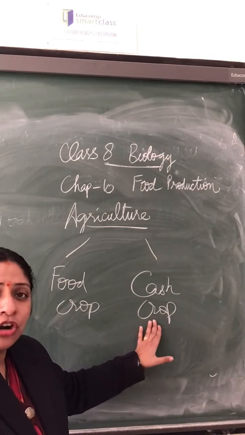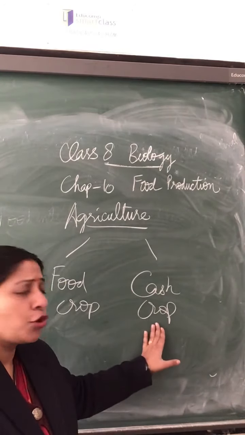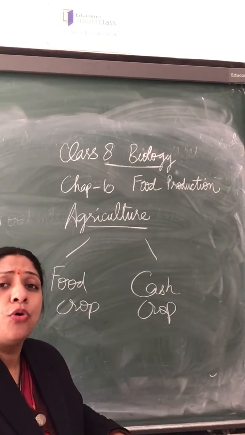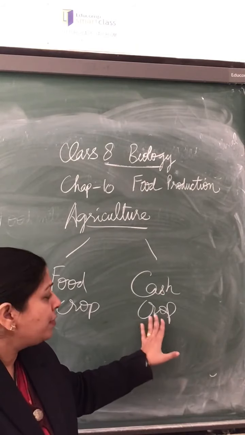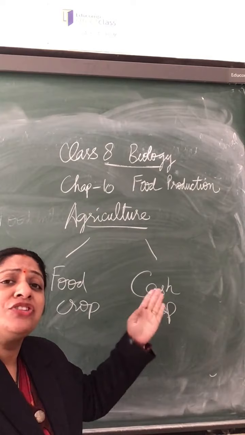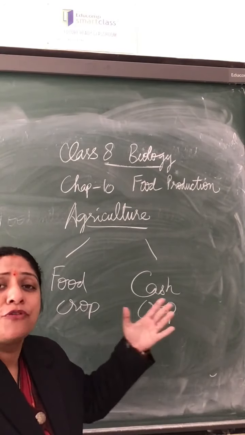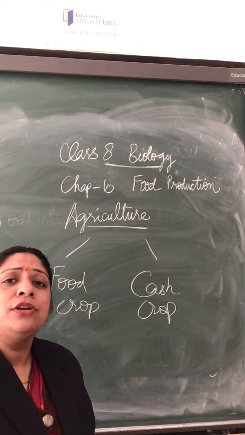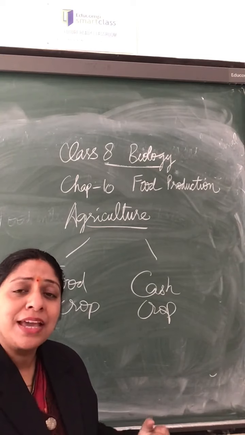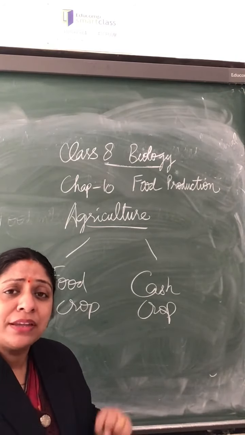Whereas for cash crops, the word cash means money, and therefore these are crops which the farmer grows but not for his own direct use. He sells them to industries, and these industries change them into something useful. That is called a cash crop. For example, sugarcane. We all know that sugar is made from sugarcane juice, but are we directly plucking the sugarcane from the field and squeezing it into our tea and coffee and then drinking it?